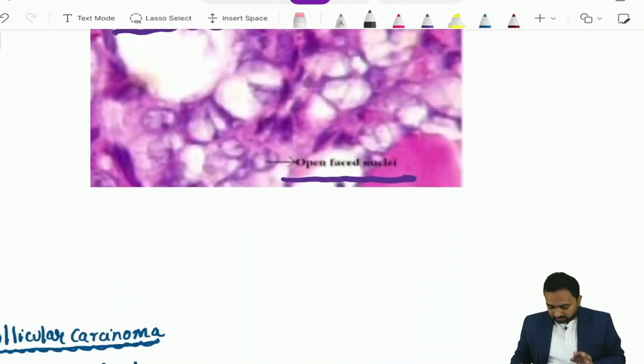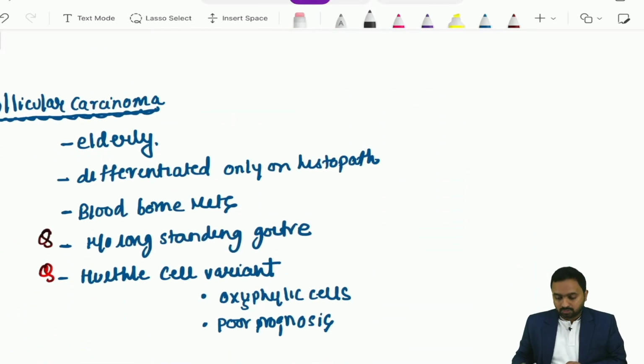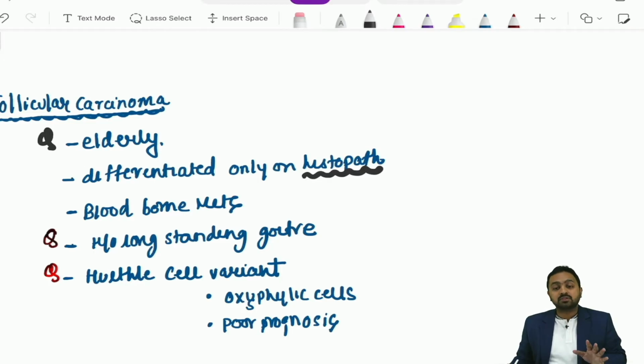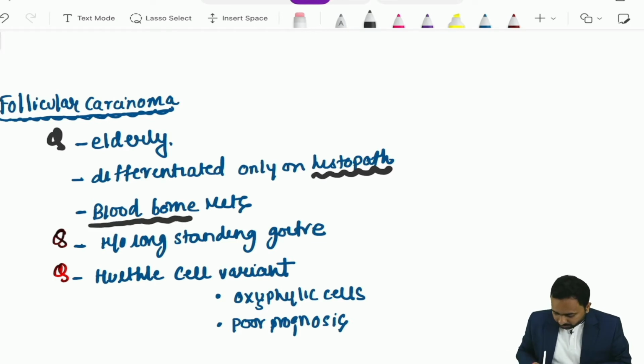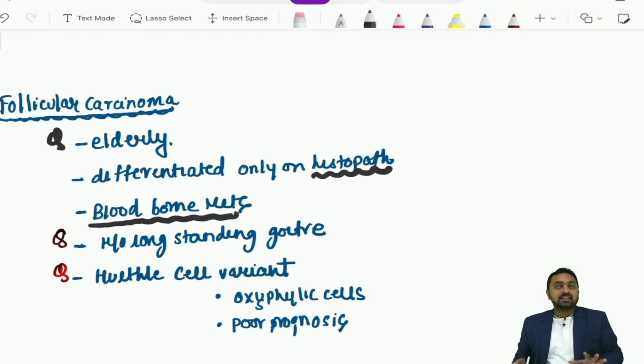Now next we have follicular carcinoma. This is much more common in the elderly. These are differentiated only on histopathology. So an FNAC will not be able to differentiate a follicular adenoma and a follicular carcinoma. Now they are prone to have blood-borne metastasis, and they are usually seen in patients having a history of